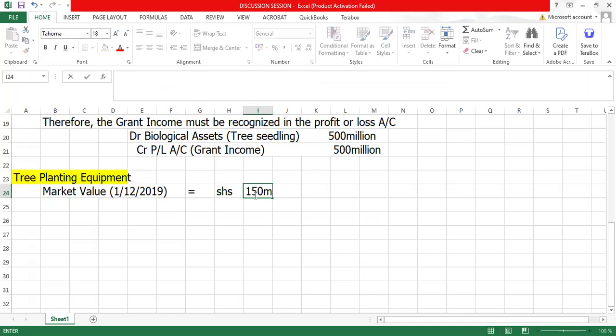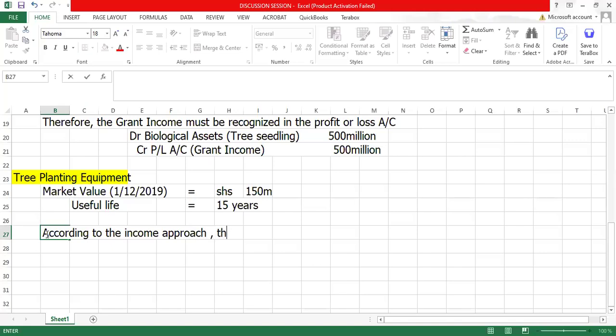Remember, you're using the income approach. So what you're going to say is that according to the income approach, the entity, that is TFL,